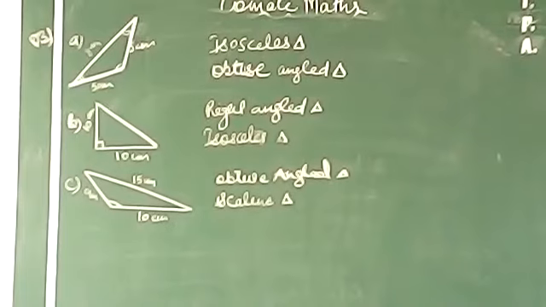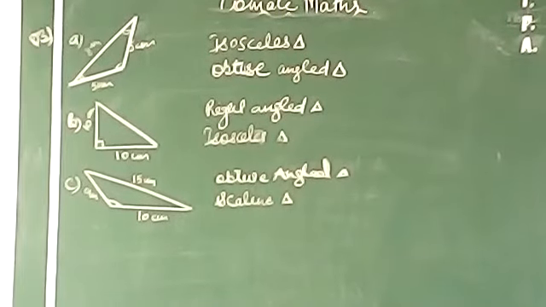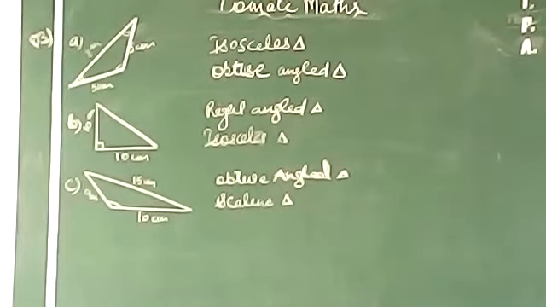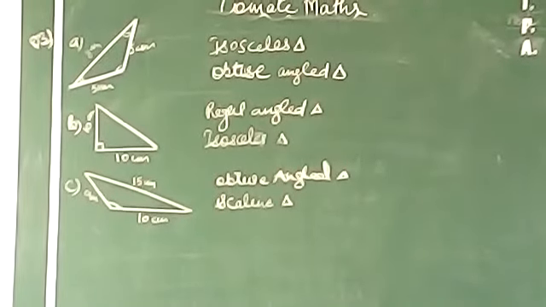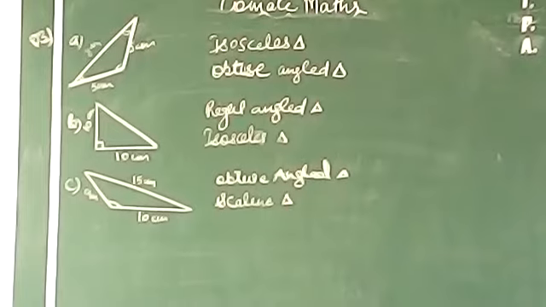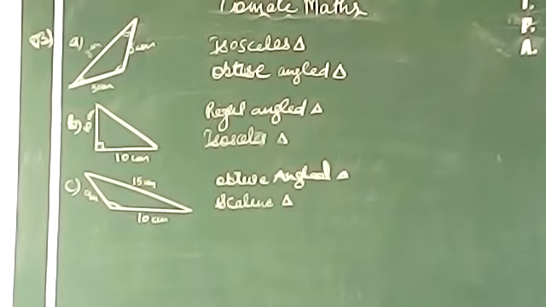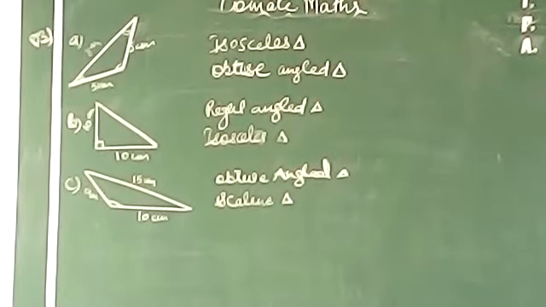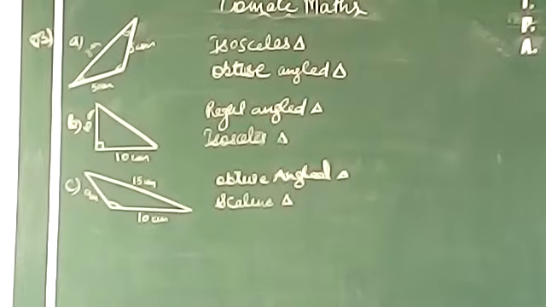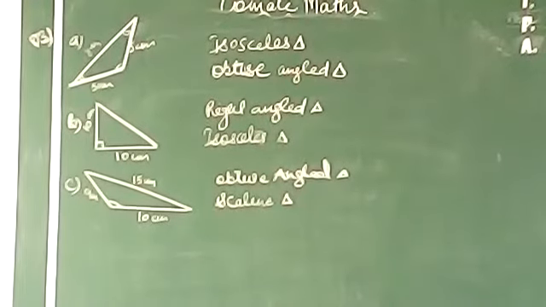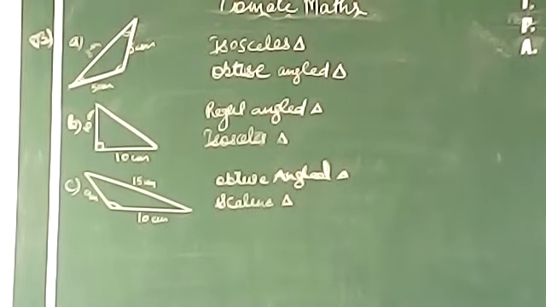Second question is, what is the magnitude? Beta, magnitude means measurement. Angle formed between the 2 arms of a clock at the following time, considering 12 noon time as 0 degree. You have to understand that when it is 12 o'clock, it means 0 degree. Okay? So you have to tell which angle is formed at 2 PM. Which angle is formed at 2 PM? It will be acute angle.